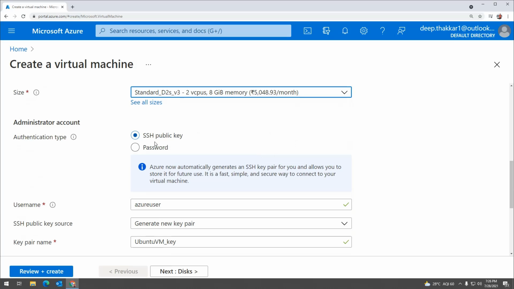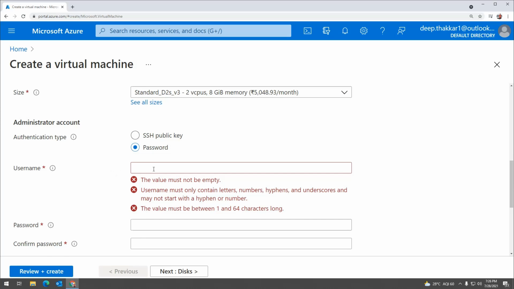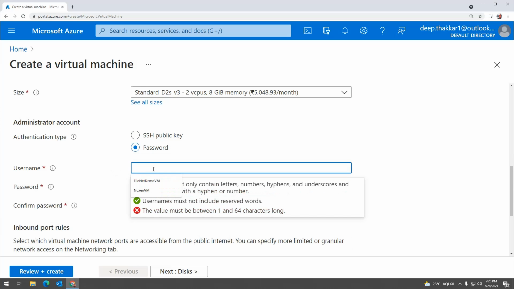So there are two authentication methods, either using SSH public key or by password. I want to use a password, so it will allow me to create a username and password. So just let me create it.